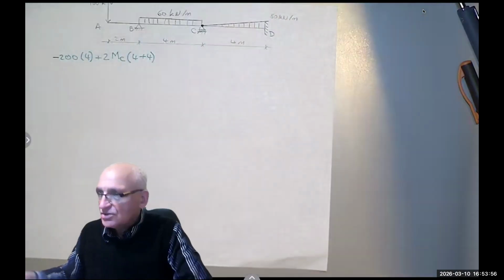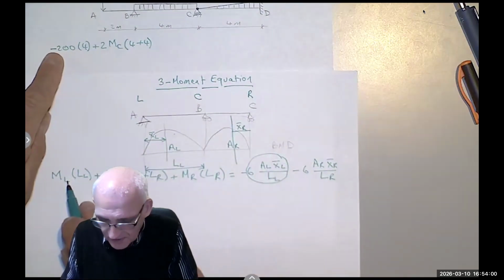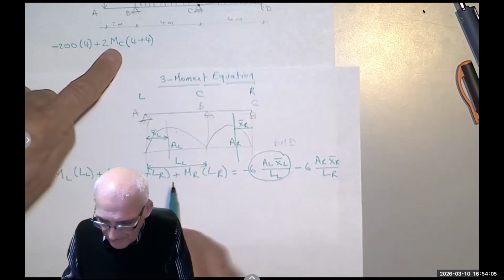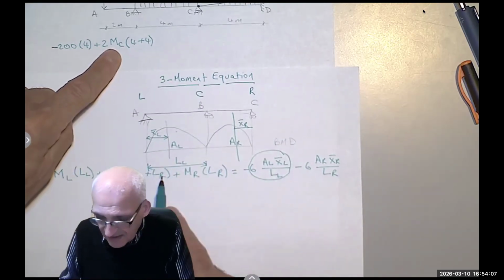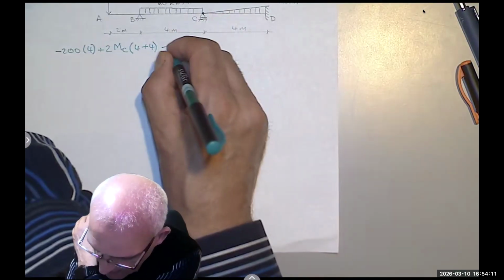So I have M left, negative 200, times L left, which is 4, plus 2 MC times L left plus L right, 4 plus 4, right? Plus MD